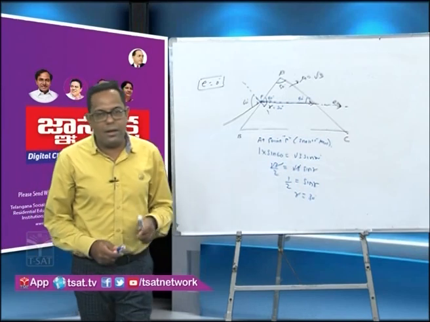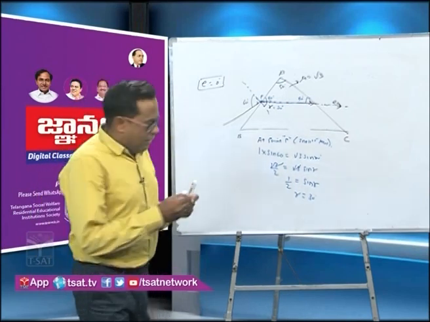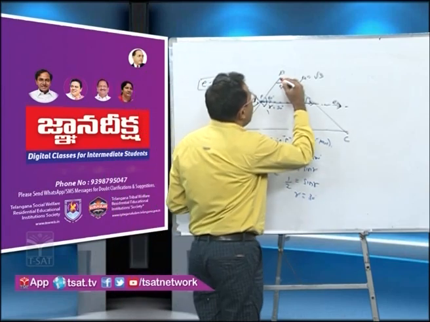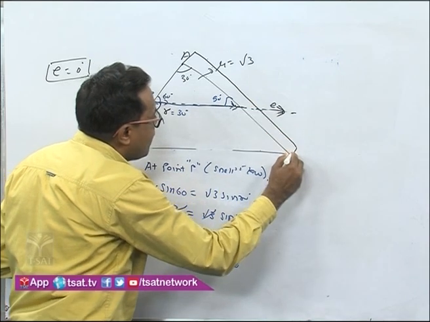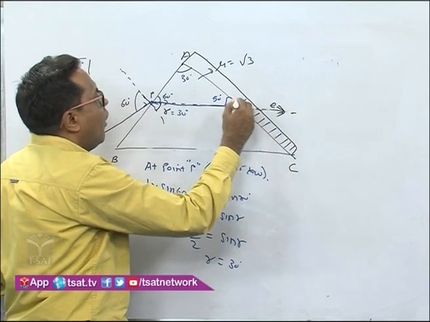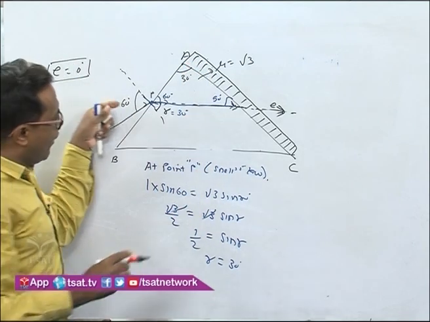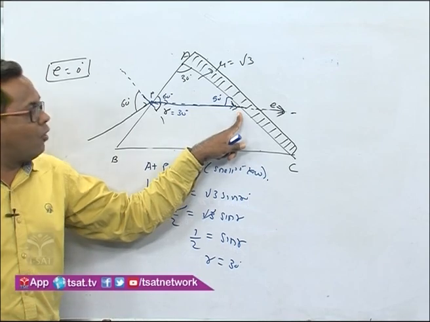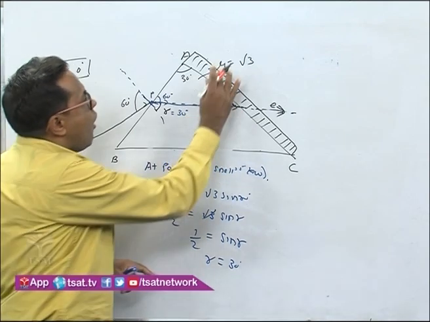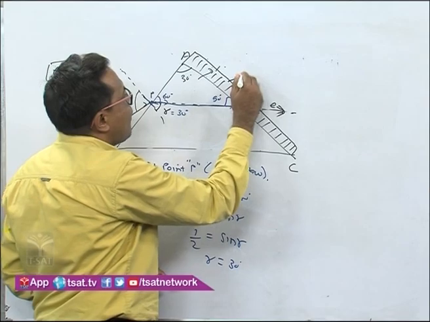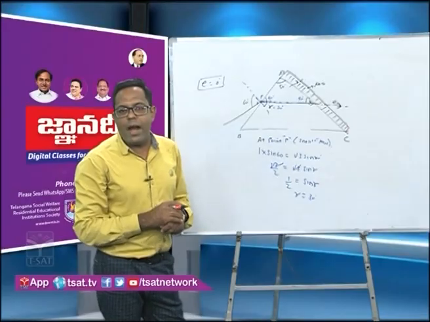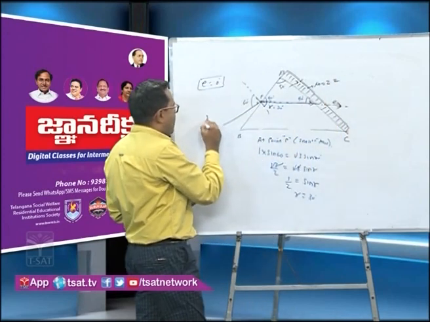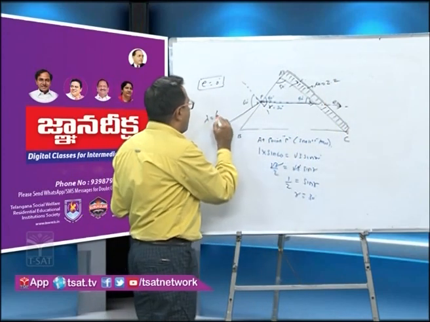Now in the second part, this AC part is coated with a thin film like this. And this ray has a normal incidence over it. Normal incidence means the angle of incidence will be 0, likewise here. And now mu of this, the refractive index, is given as 2.2, and the ray of light has a wavelength of 6600 angstrom.